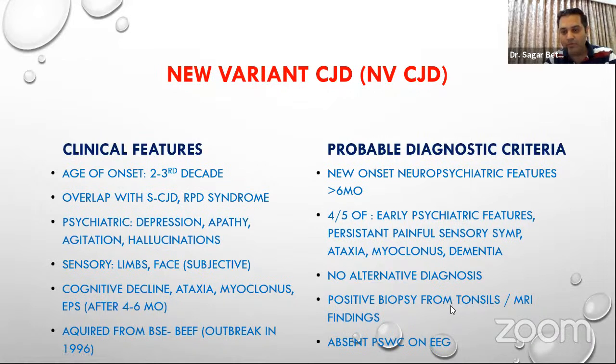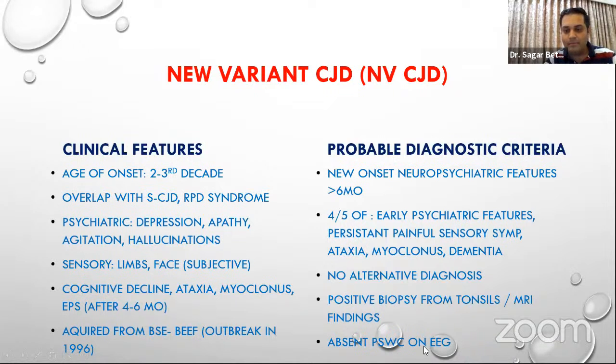CJD, although it is the same prion protein, has more affinity toward the lymphoid tissue. And in lymphoid, specifically the tonsils, the tonsillar biopsy also shows the same findings as found in the brain biopsy. And these findings are in the leukocytes in the tonsils. So either a positive biopsy from tonsils or the typical MRI findings, which I just discussed, are required, one of these two. And absence of periodic sharp wave complexes on EEG, which are generally a hallmark and I would not